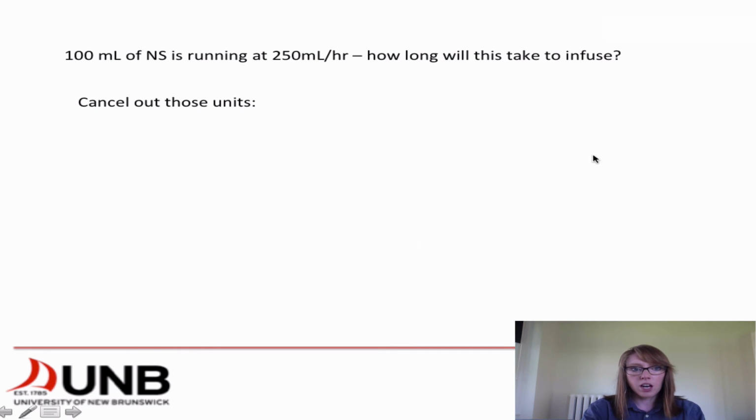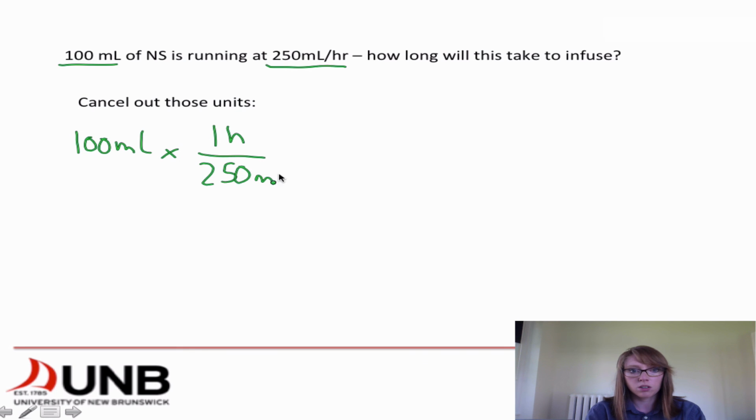So the next thing that we have, again, is we have 100 mils of normal saline running at 250 mils per hour. So how long is this going to take to infuse? The best thing that we can do, again, is cancel out our units. So we have 100 mils, and it's 250 mils per hour, right? So we're going to cancel out those units. So that equals